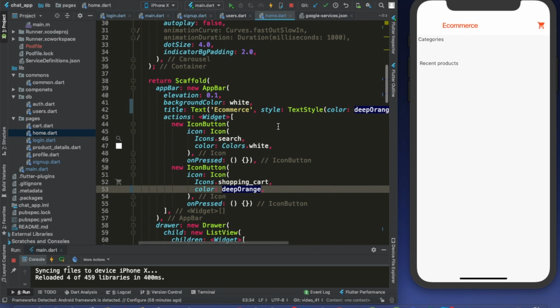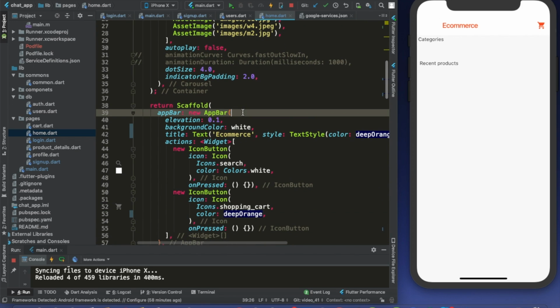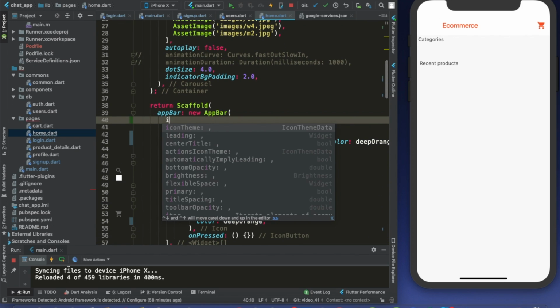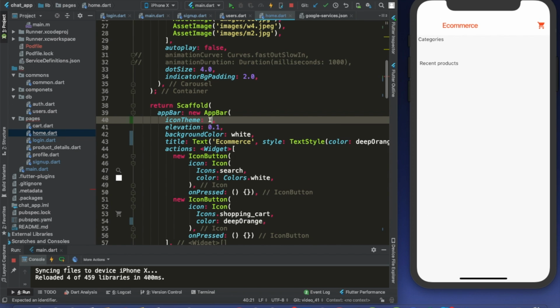Another thing we can do here to make sure our app is going to be looking good is icon theme. Is this what I want? Icon theme data color deep orange. Boom, perfect. And the very last thing we are going to do here to change the way our app looks like